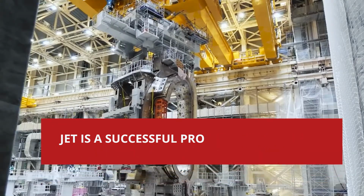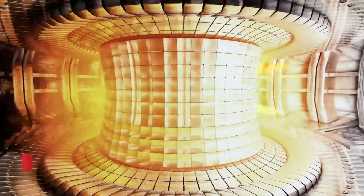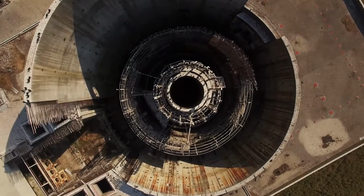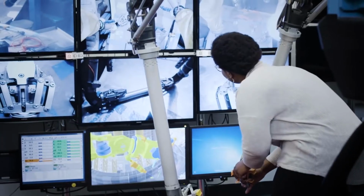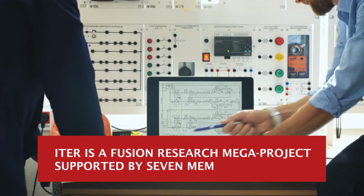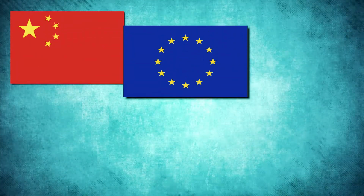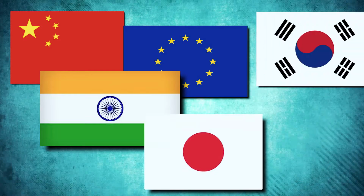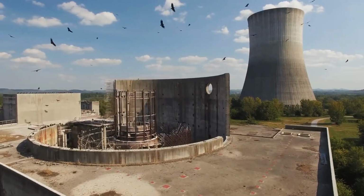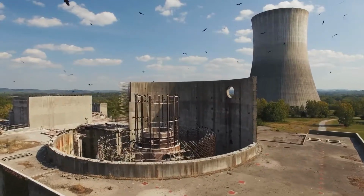What does this mean for the industry and the whole world in general? The ITER fusion reactor is going to incorporate the lessons of JET, but at a much bigger and more powerful scale. The data received from the JET experiment is being used for ITER, which is a larger and more advanced version of the JET. ITER is a fusion research mega-project supported by 7 members: China, the European Union, India, Japan, South Korea, Russia, and the USA, based in the south of France, to further demonstrate the scientific and technological feasibility